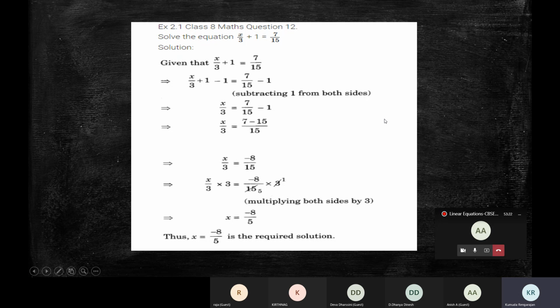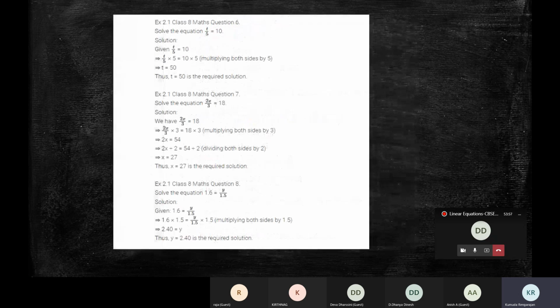Any other question, children? No questions, ma'am. Ma'am, can you show all the images from the first second so that I can take a screenshot of it? Somebody said they cannot, so anyway I will share it on WhatsApp. It will be convenient if all of you can take a screenshot, because there may be a delay in sending, and rarely I may forget. So those who can, please take a screenshot.